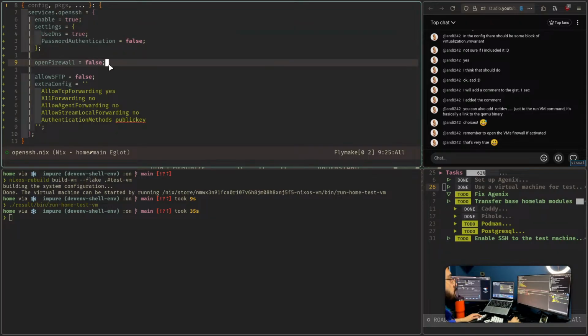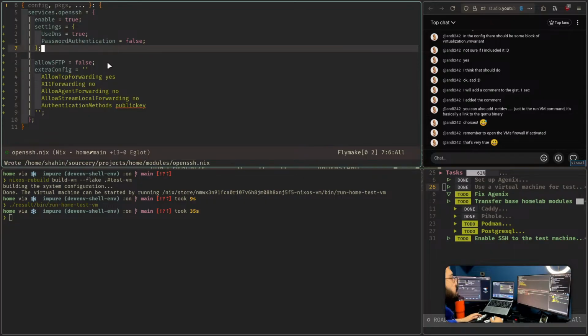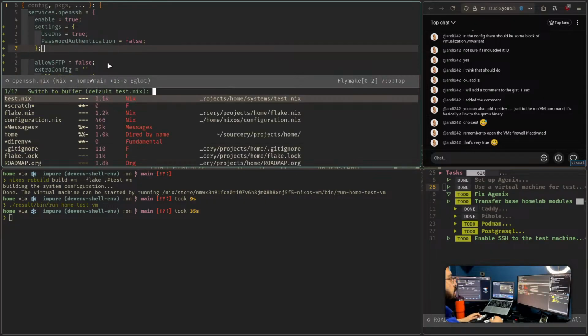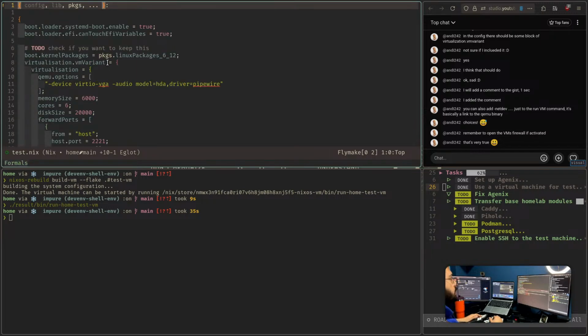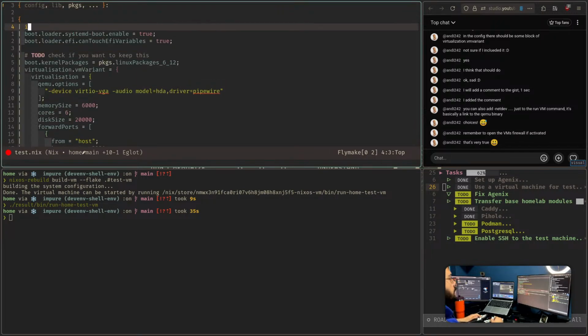The reason for this is I wanted to have only firewall access through my tailscale, and OpenSSH will enforce enabling it by default, the firewall access, but I wanted to have this configuration inside my firewall system. So what I do, I remove this from here, and then inside test machine, hopefully I can import, I believe,